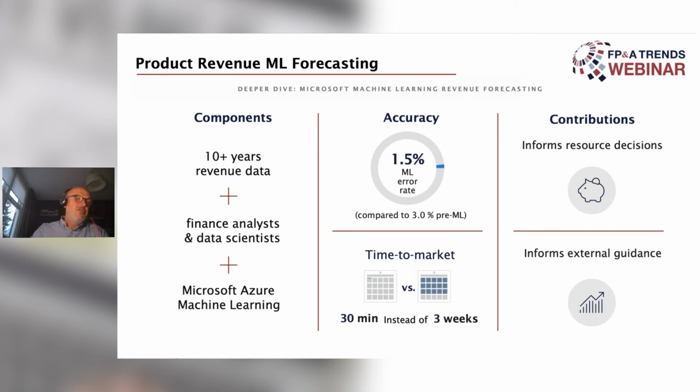Then, of course, you need to have the finance analyst to be able to talk with the data scientist, right? Because it's really important for the data scientist to understand how they should read and use the financial data that they have available. And that all together comes into a machine learning and gives you the opportunity to do a more accurate, unbiased,